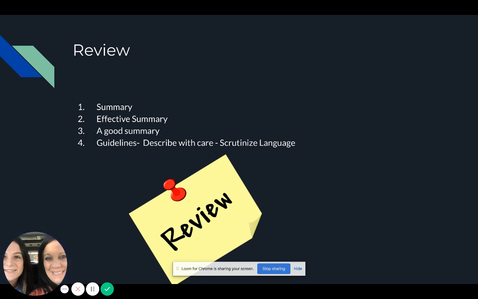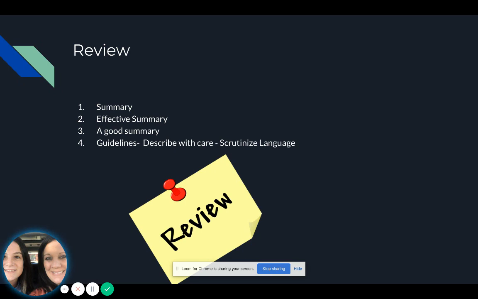A good summary provides perspective on the subject as a whole by explaining the meaning and function of each part. So just because you may have reached the requirement, say the summary is a page long and you've already reached a page, you may need to go a little bit beyond that because you need to add good details in there. You need to make sure that you're explaining each part. You just don't want to leave your reader hanging. And then the last part is the